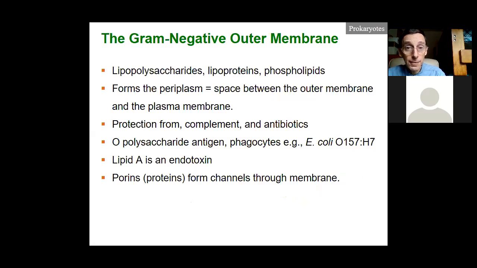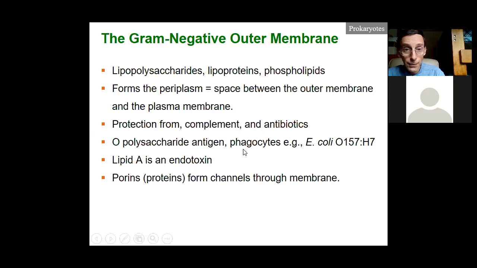So the gram-negative cell, the outer membrane, has lipopolysaccharides, lipoproteins, and phospholipids in it. Like I said, I'm not going to talk about the periplasm. That's just the space in the cell wall where the peptidoglycan is. The outer membrane of the gram-negative cell can help protect the cell from various things, including complement protein and from certain antibiotics, like penicillin G. Penicillin G cannot get through the outer membrane of a gram-negative cell, so penicillin G would not be effective on gram-negative